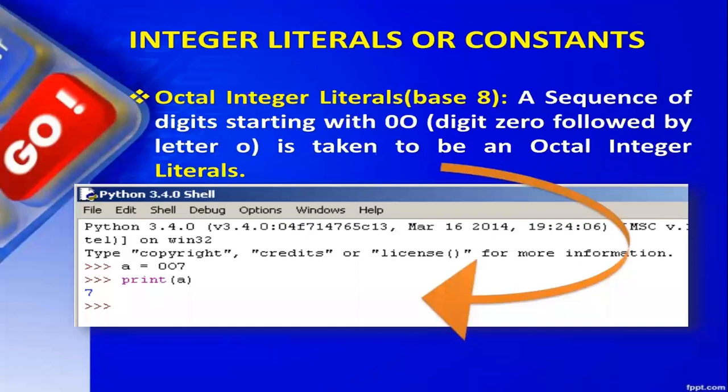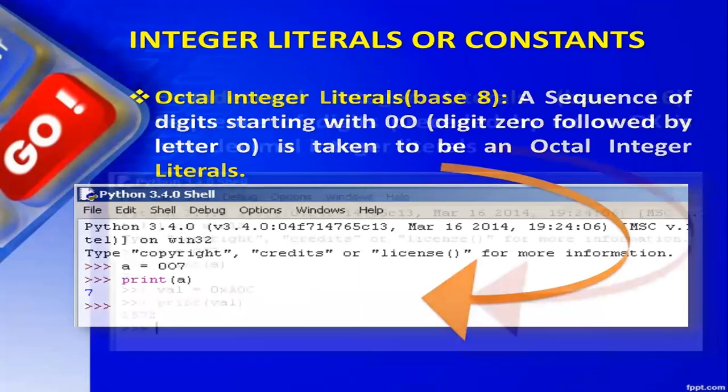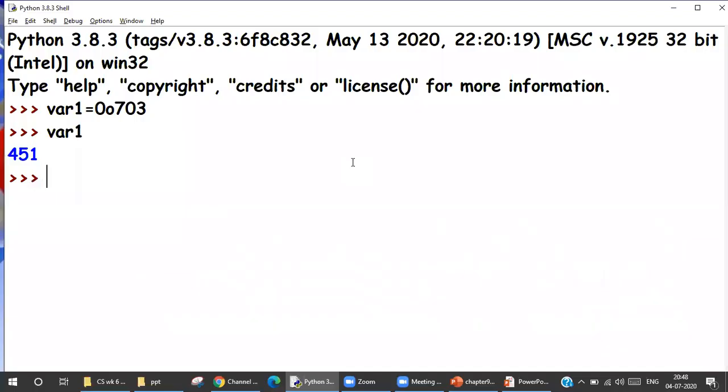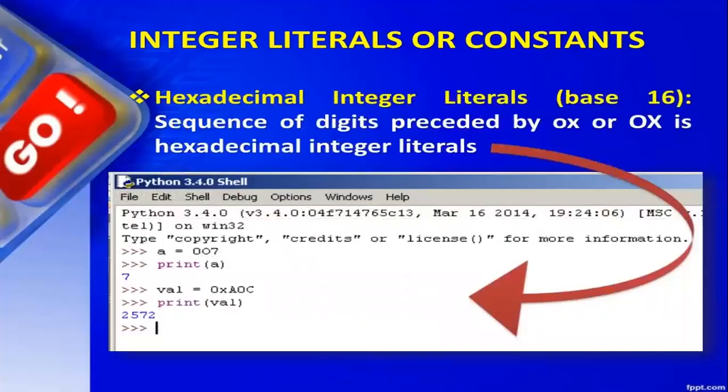Okay. This is how you tell the interpreter that the value you are feeding is in the octal form and not decimal form. If I have to write decimal form, I will say variable 1 equals to int, open bracket, close bracket, and whatever is the number, 703, enter. And then if I say variable 1, it will tell me the value is 703.